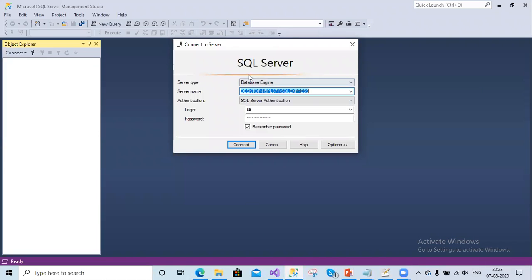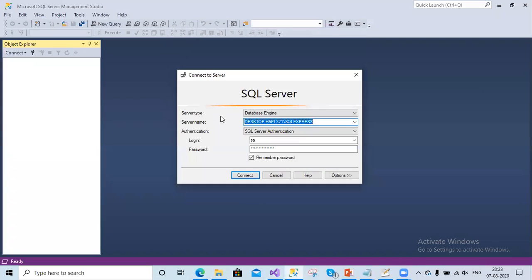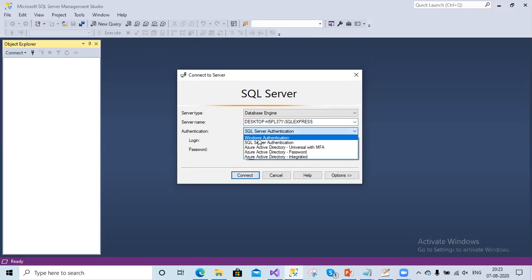This is what SQL Server looks like. Here we have to pass which server type we are using, the database engine, and the server name, which is my local machine name, and this is my login ID and the password. We can use Windows authentication, or we can connect with credentials. Right now we are using server authentication, which means we have to pass both login and password. Let me connect with the database.